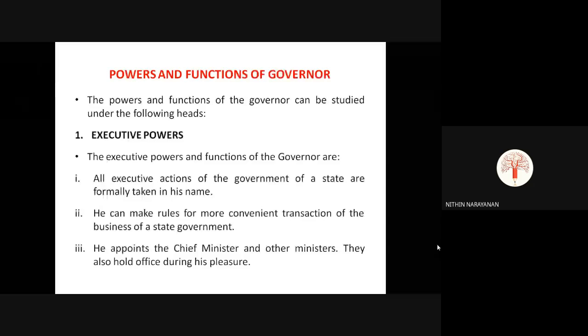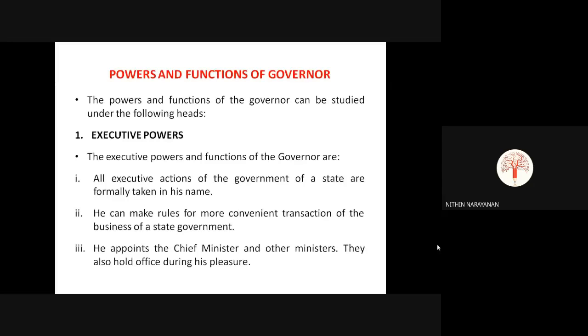So last class we were discussing the functions of the governor. Like all the union executive members at the center, the president, prime minister, council of ministers, cabinet ministers and attorney general, all have their own offices, powers and responsibilities. Similarly, in the state executive also, all the executive members of the states have their own powers, and certain functions are vested in them.